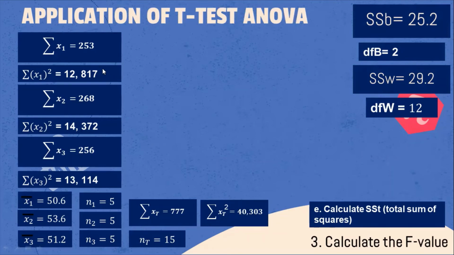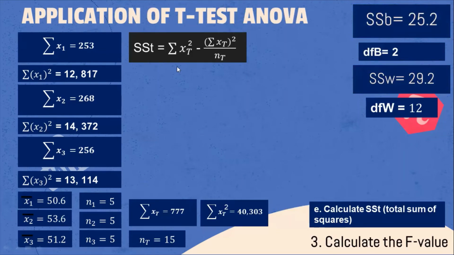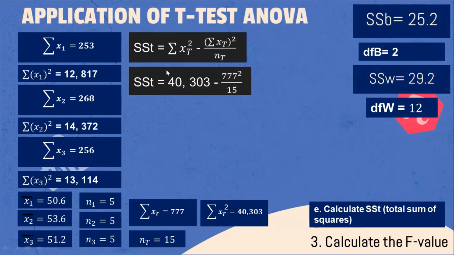We add 12,817 plus 14,372 plus 13,114. That is 40,303. This is our formula for the total sum of squares: it is equal to the summation of the square of x sub t minus the square of the summation of x sub t over n sub t. The value for the summation of the square of x sub t is 40,303